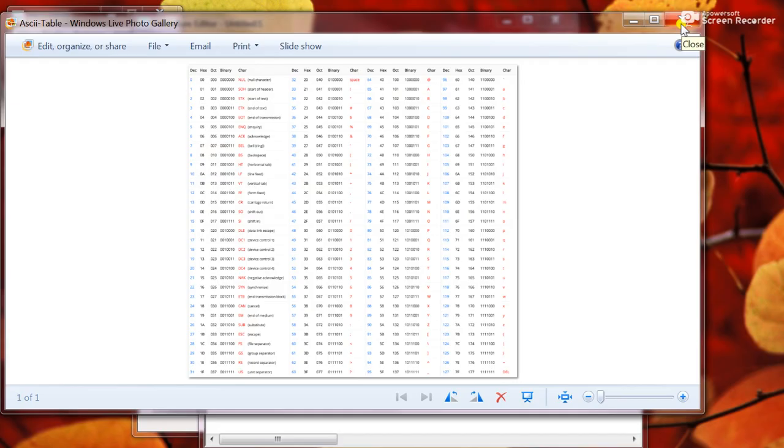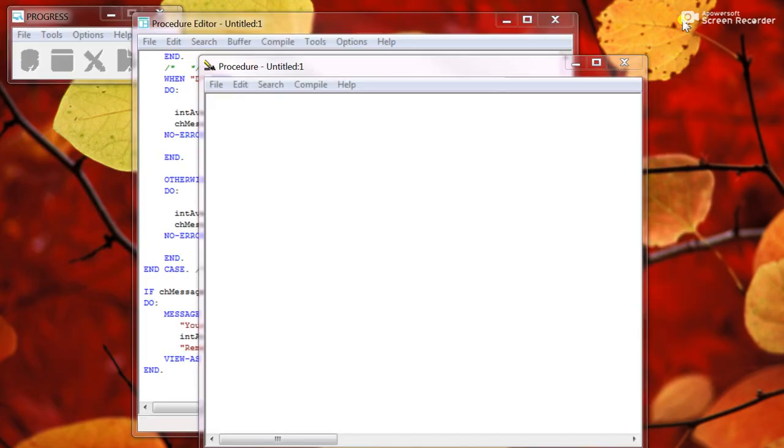And I will also put this in the materials so you have it. At my old job, I used to actually have a printed set of ASCII, not this particular chart, but a smaller chart, and have it right above my monitor as a reference point. Okay, so let's talk about